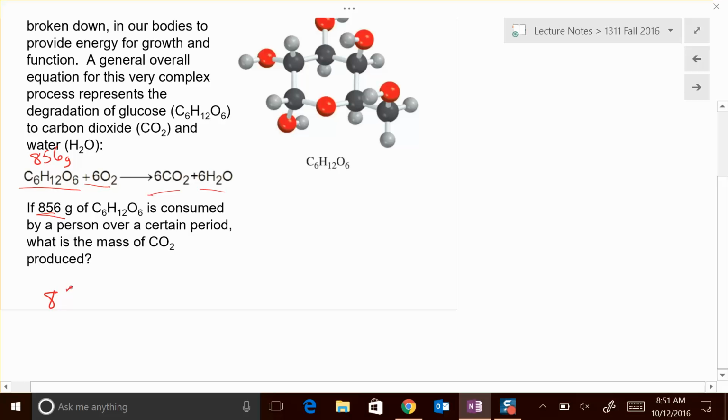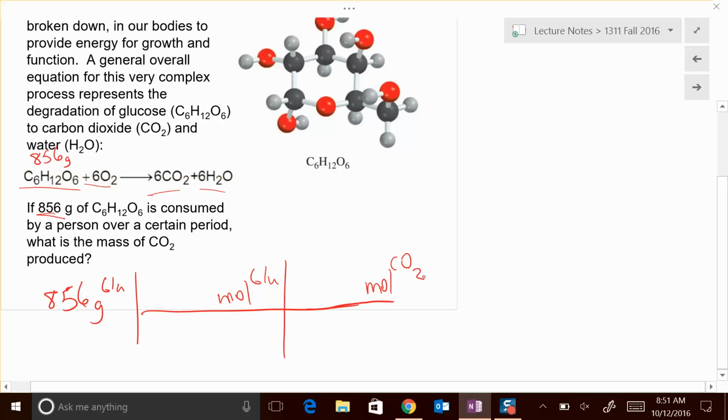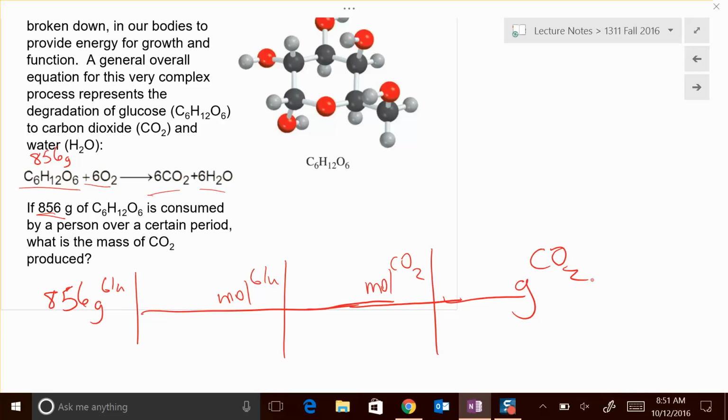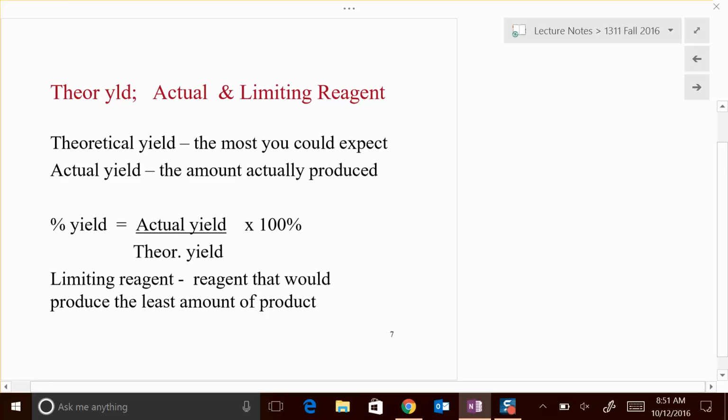So 856 grams of glucose, and we want to go to the moles of glucose, to the moles of the other thing, which is carbon dioxide. That's the stoichiometry step, then to the grams of carbon dioxide. And that will be the process that I would follow to answer that question. Okay? All right, now,